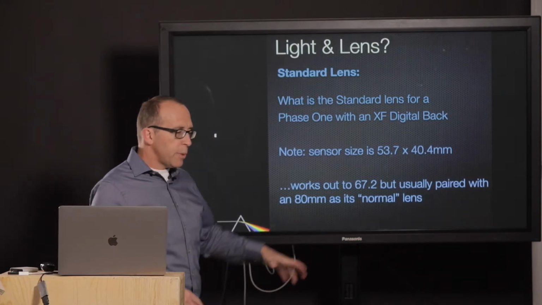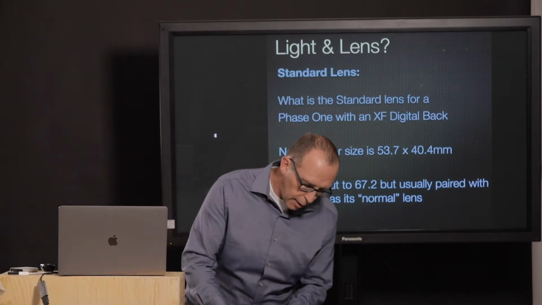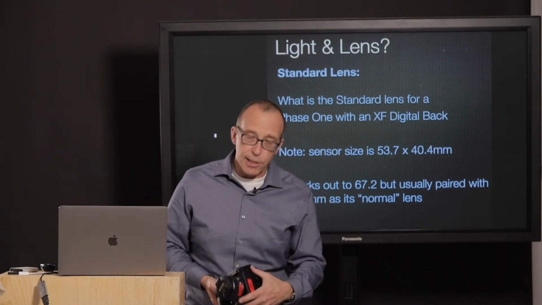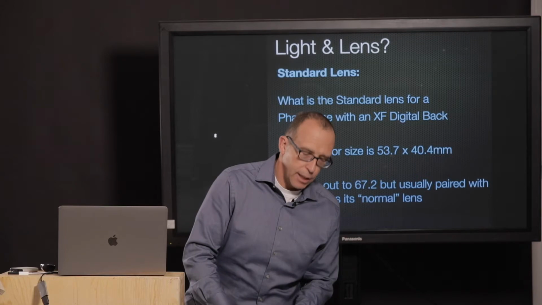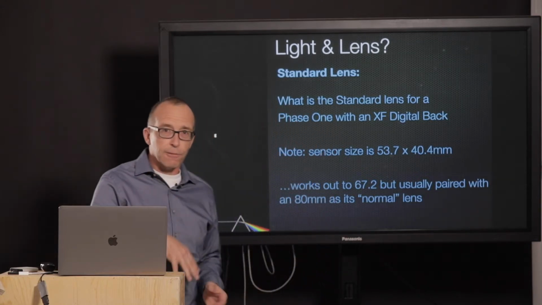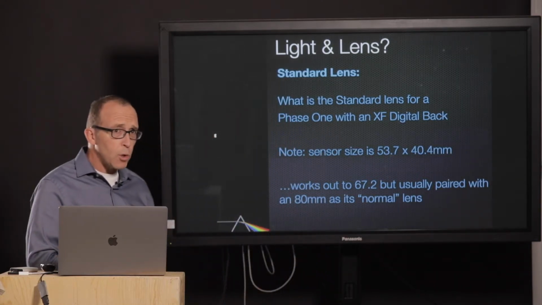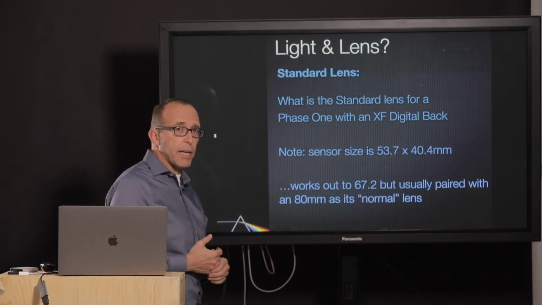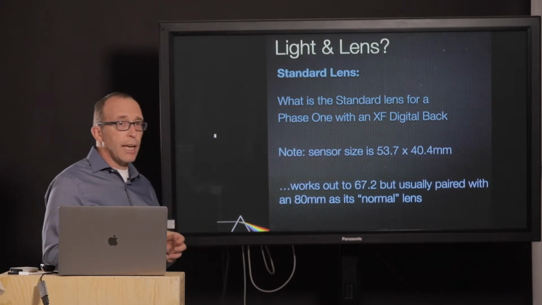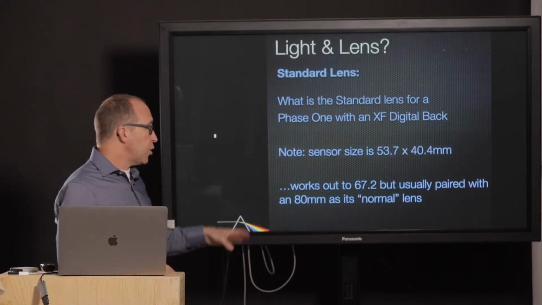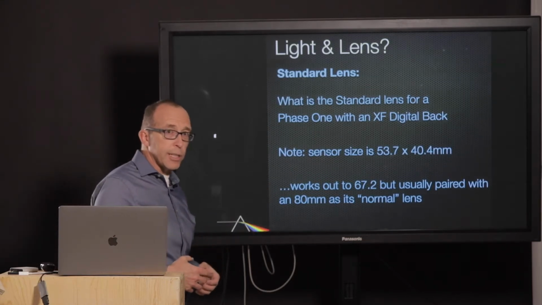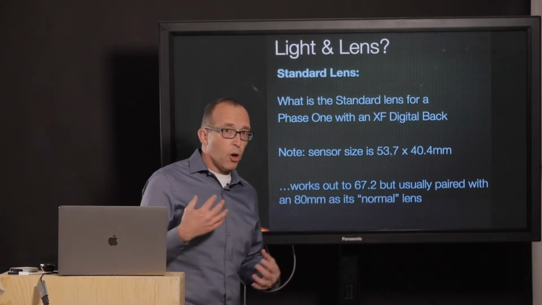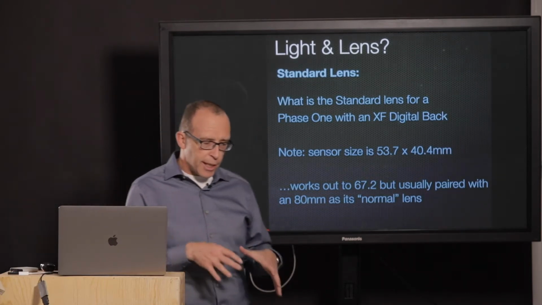However, usually when people buy this camera and it comes with a normal lens, in this case, it's an 80 millimeter lens. And to me, that's probably a throwback to the film days when most of the medium format cameras, like 6x7 and 6x6 and larger, had normal lenses of 80, and they're kind of sticking with that format for its normal lens. But because we know what the normal lens should be, we know that this 80 mil is probably